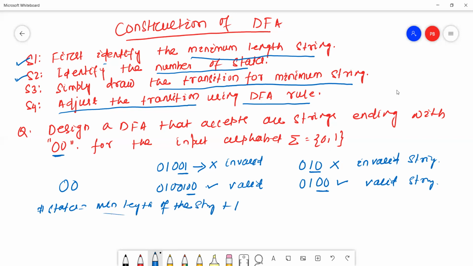The minimum length of the string here is 2, so 2 plus 1 equals 3. So 3 states are required. The method for the number of states for ending is completely equal to that for substrings.